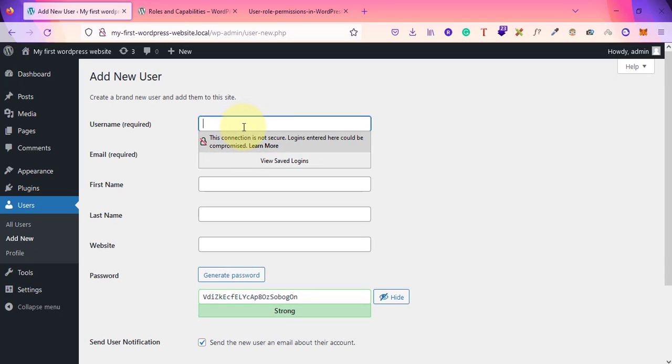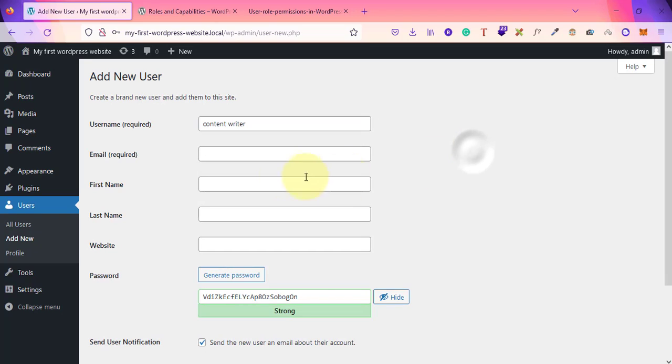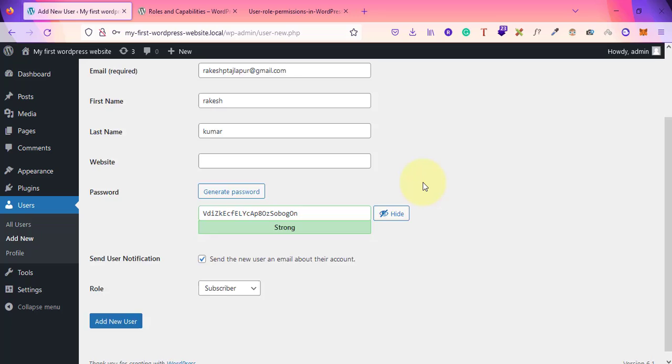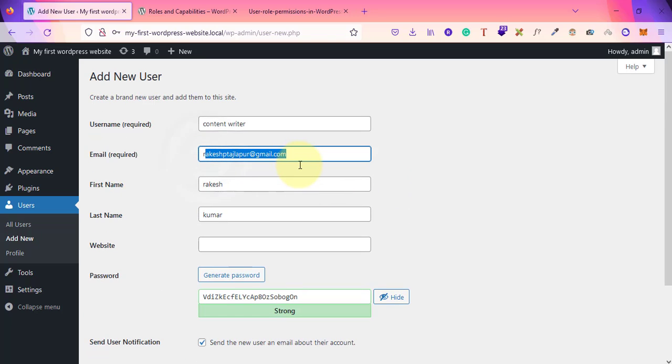Let's say content writer, and then email, let's say, and then Rakesh Kumar, and then website is optional, you can just leave it. You can generate a password, or you can assign a new password here. You can simply click on generate password and then copy this password and send them this username and password. Or what you can do is, if you add the right email address over here, as soon as I add